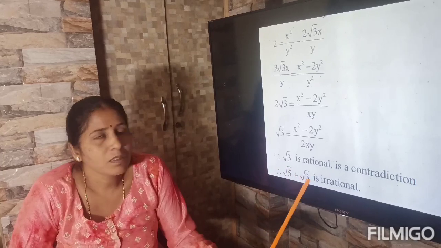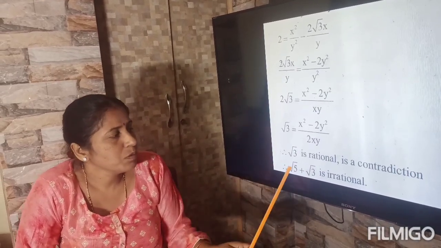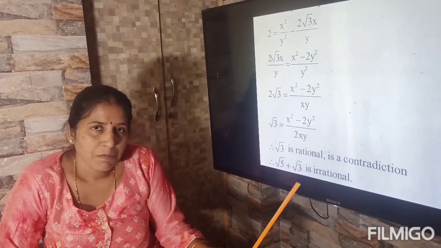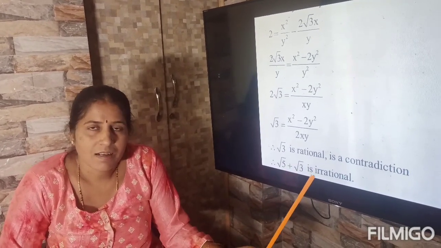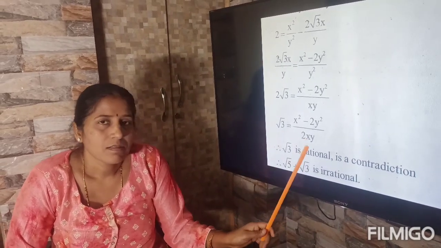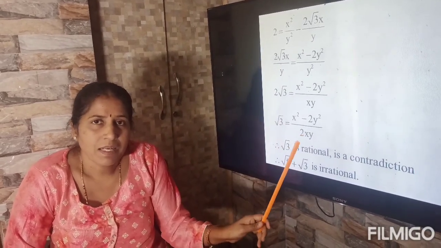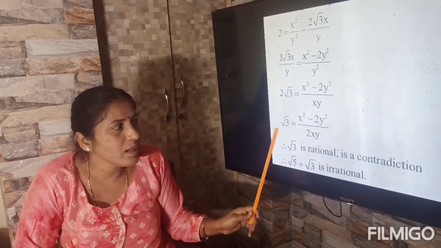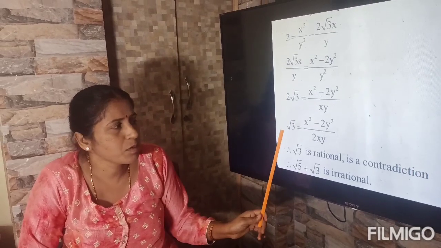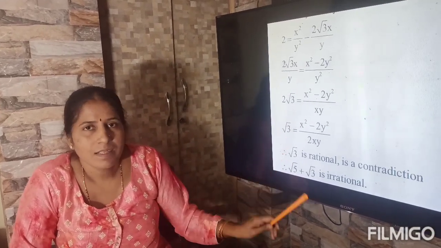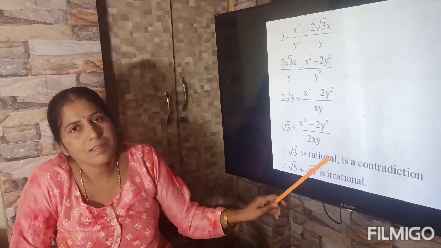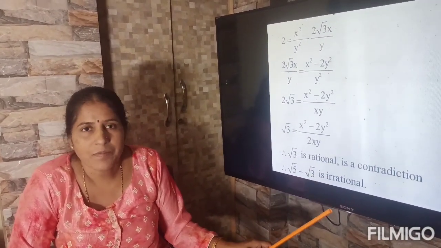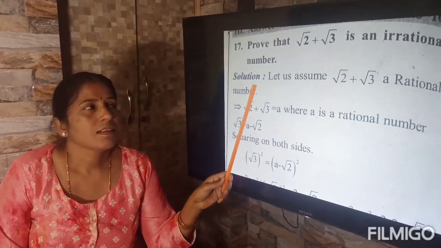Like this, if two roots are given, this is how to prove it is irrational. Understood, no? One side I have to make a rational number. On the other side I have to keep only one irrational number or one root part. After that, it is the same 2-3 sentences I have to write as we did. Okay. Students, here also